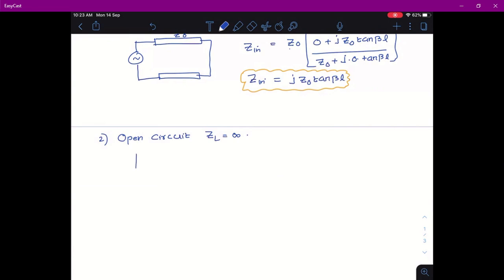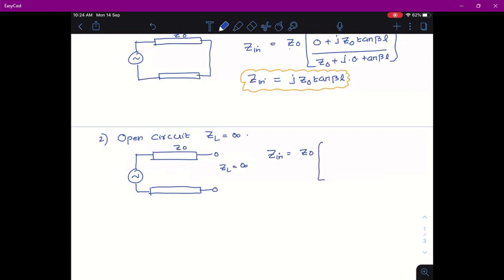So, you have a generator, there is the transmission line with characteristic impedance Z0, and it is open connected, that is your ZL is equal to infinity. So, in this case, the input impedance Zin is equal to Z0 multiplied by,